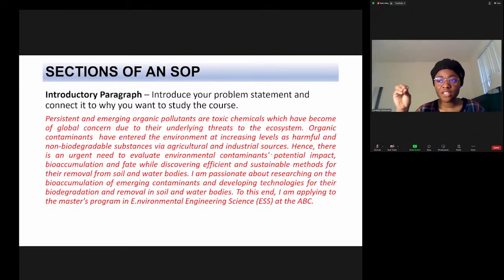You need to know what your research interest is. You need to know what the professor's research interest is. Now, you come to your introductory paragraph. What you're trying to do in your introductory paragraph is to tell them what your research interest is,